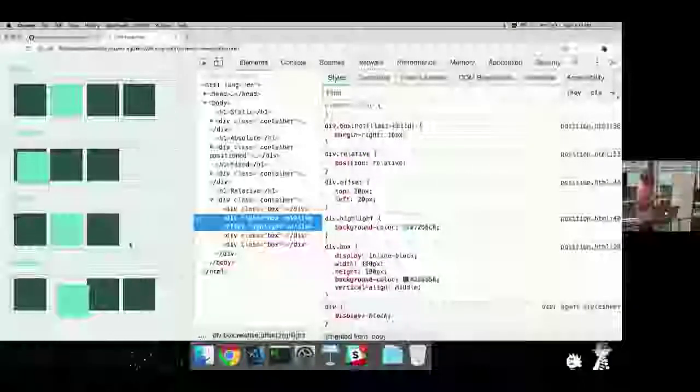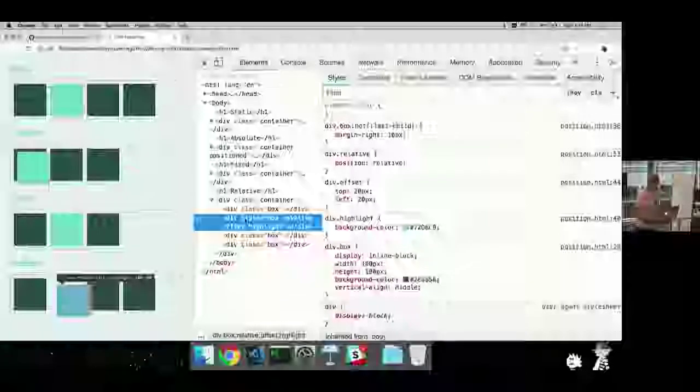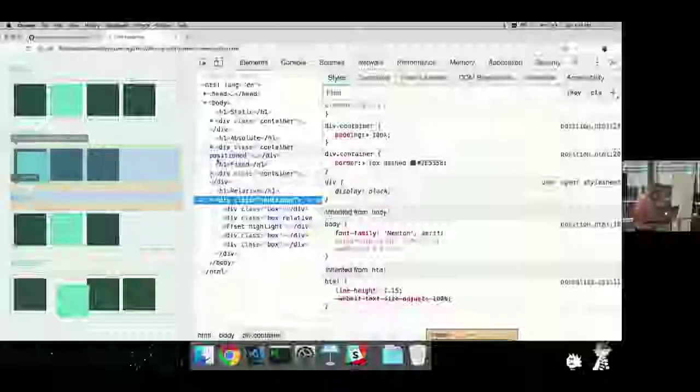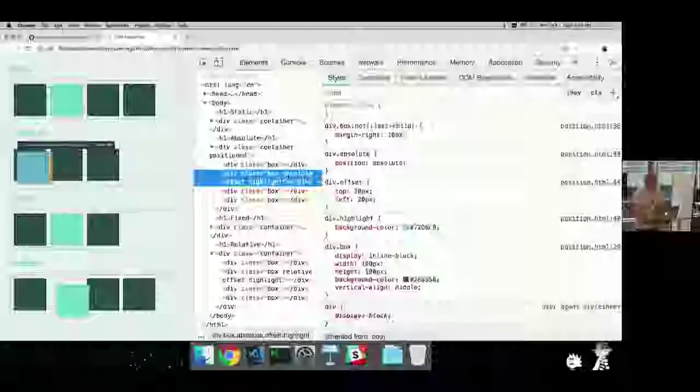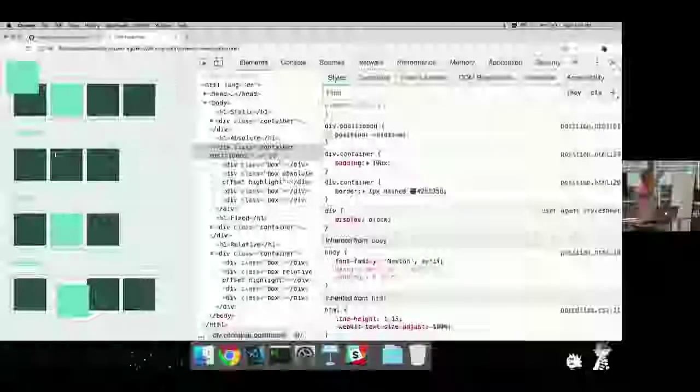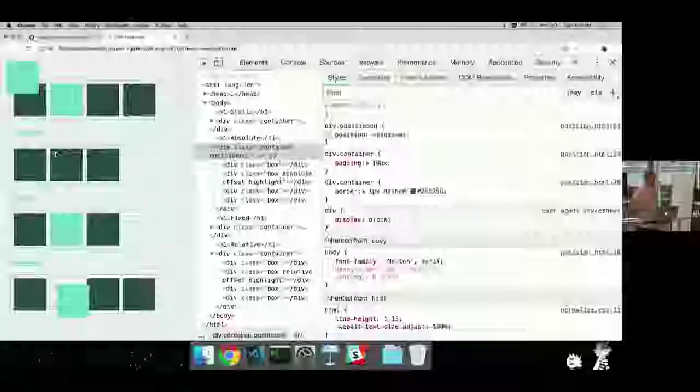Okay? Let me reload this. There we go. It's now moved down. And this is simply because now this element here is inside of a container positioned up here. This element right here is inside of a container that's positioned as relative. And if I disable this, now it's no longer relative to its container, it's relative to the entire document, which is absolute's default behavior. So what it's doing here is an absolute element will look for its closest parent positioned element and then go relative to that.